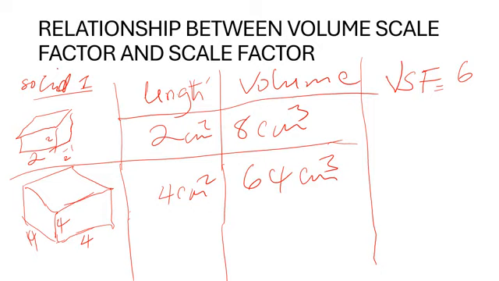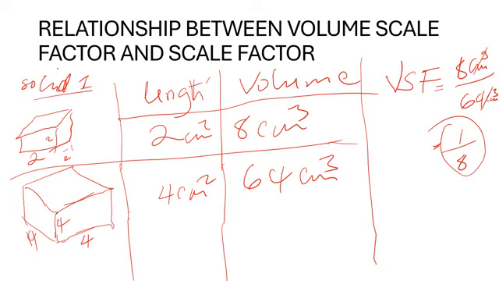Okay, so to make it simple, we say 8 cubic centimeters divided by 64 cubic centimeters. The cubes will go, so in this case you will now remain with 8 over 64. 8 times 8 is 64, so it will give you 1 over 8. Okay, so if you look at that,